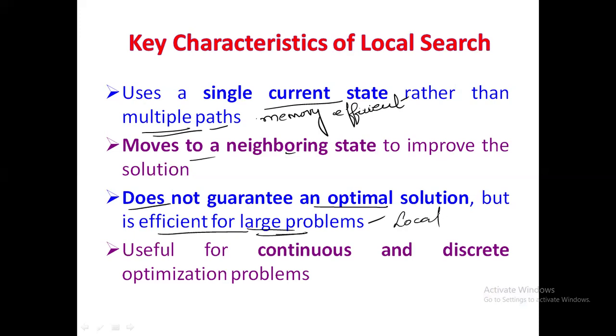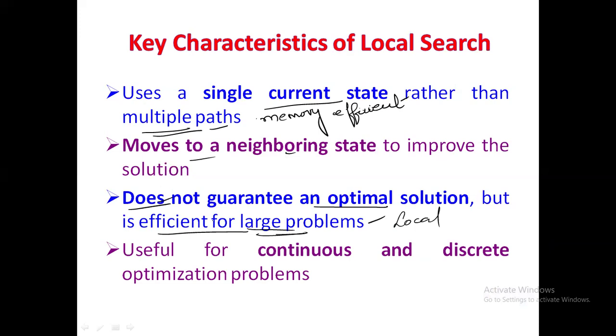local optima, where no better neighboring state exists, even though a better solution is available elsewhere in the search space. However, its efficiency in handling large scale problems makes it a valuable approach in practical scenarios where an exact solution is not necessary, but a good enough solution is acceptable within a reasonable time frame. Methods like simulated annealing and tabu search help mitigate this limitation by introducing randomness or memory based strategies to escape